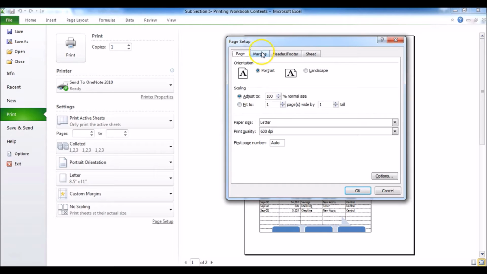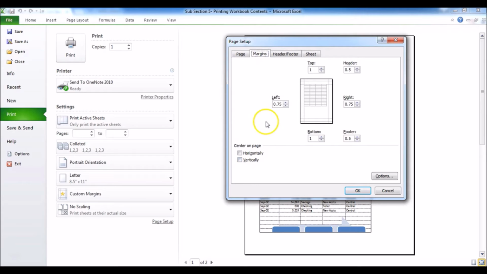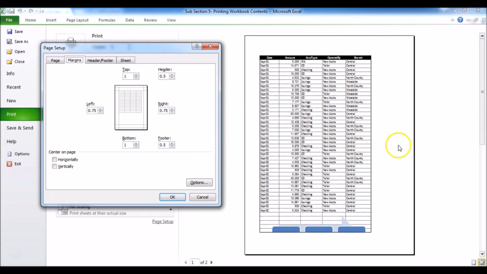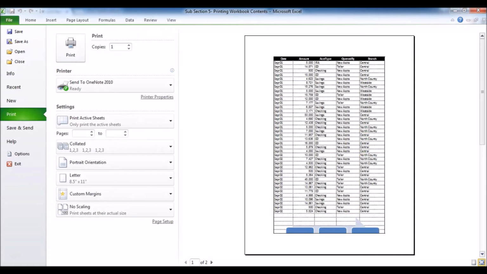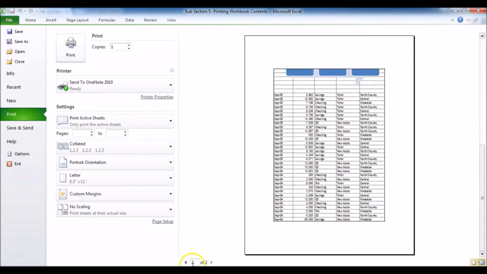The second one is the margin part. This is very much important, that you can size the margins on left, right, top and bottom. Header and footer margins also. Right now you can see that there are a lot of spaces coming on the right hand side. So in that case, instead of handling these margins, we can center the page. Just have a look. If I click on this horizontal and vertical, you can see the preview over here. And when I press OK, just see the impact. Now this is looking pretty cool.